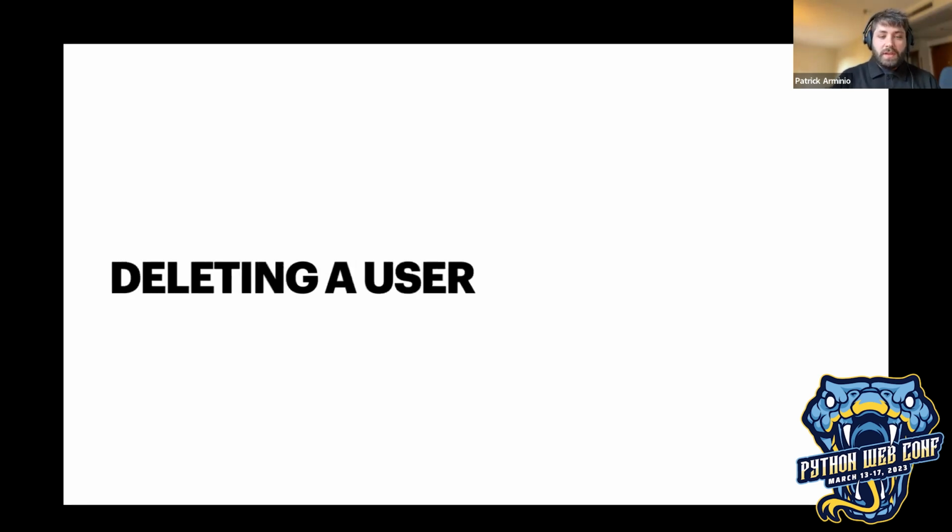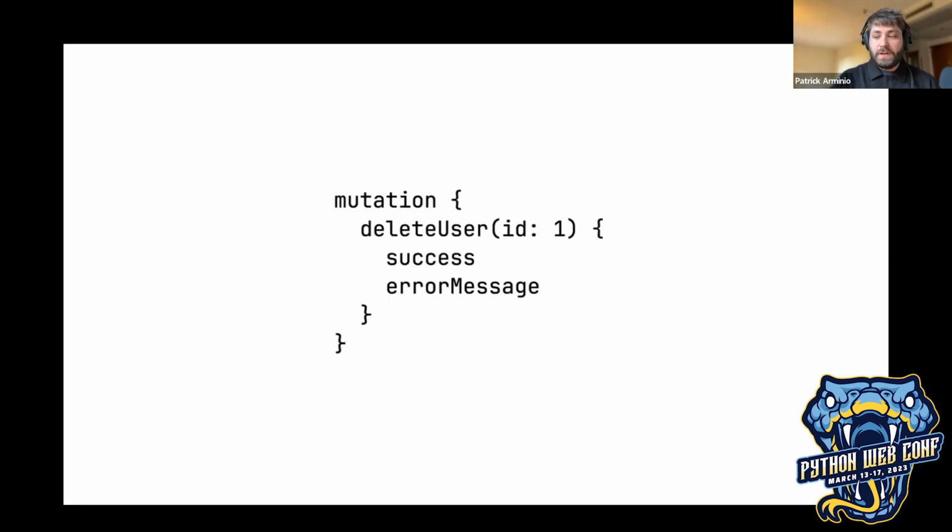For example, we can create a mutation that allows you to delete a user by ID, something like this. So there's a couple of differences here. The first one is at the top, we're saying mutation. This basically tells that we're doing a mutation operation, which is similar to POST, PATCH, DELETE methods in HTTP. It's basically saying I'm doing an operation that has side effects.